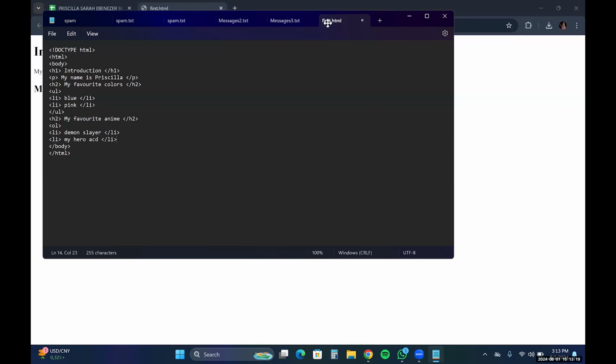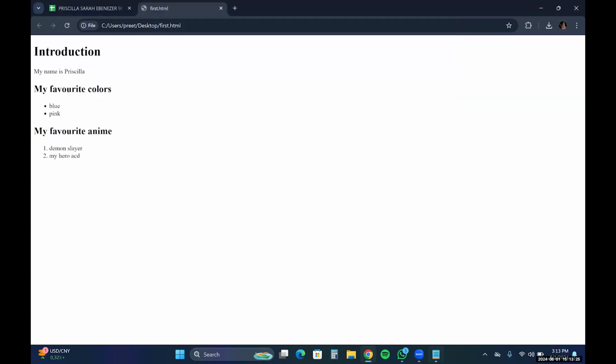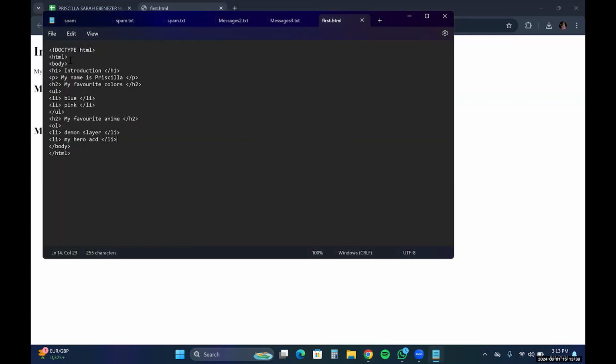So now if you save this and then check it out, you will see it refresh. All right. So now what we're going to do is add a style tag to this. The style tag is not added in the body, it's actually added above the body. So first, let's start with the head tag. Above the body, start a tag called